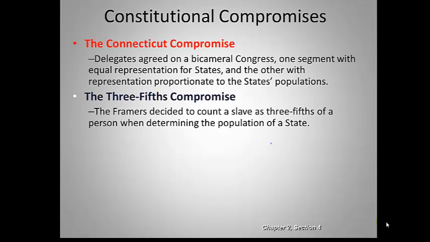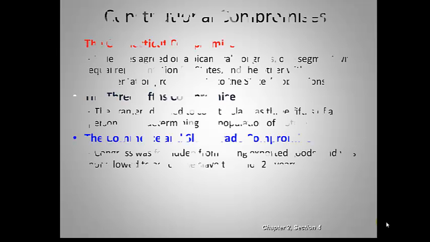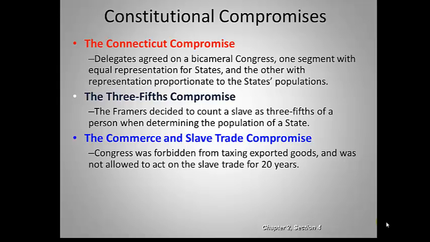So the compromises of the Constitution, and one thing we need to realize really quick is that the Constitution is a document of compromises. So the Connecticut Compromise, also known as the Great Compromise, where they decided, as far as representation goes, that there would be a bicameral legislature. The upper house would be equal, so all the states would have equal representation, which made the small states happy. And then in the lower house, it would be proportional, which made the large states happy. Now, were both of them completely satisfied? Probably not. But again, it's a compromise, and so nobody gets everything they want. Everybody gets a little bit of what they want.